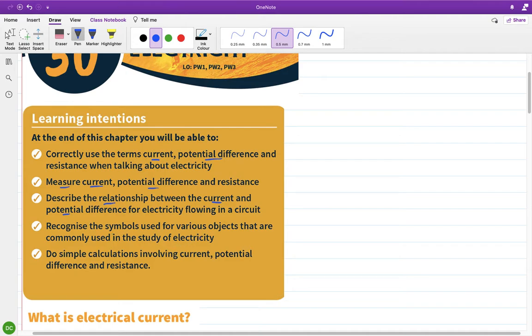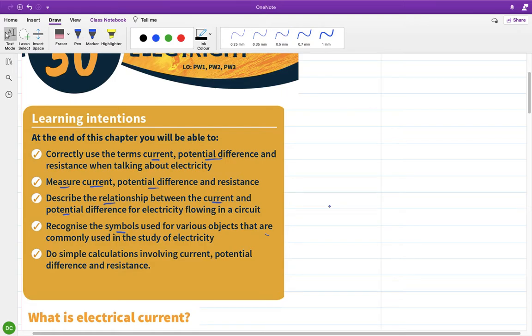Recognize the symbols used for various objects that are commonly used in the study of electricity. So, for example, the battery has a symbol. When you draw a circuit diagram, there are universally accepted symbols. So you don't draw a picture of a battery, you draw the battery symbol. You don't draw a picture of a voltmeter, you draw the voltmeter symbol. Okay, so there's universally accepted symbols that we're going to use both for components in a circuit and also for